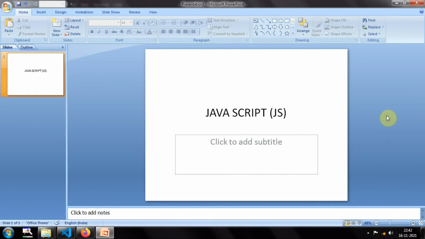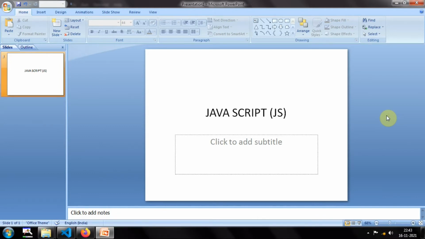So today I'm going to discuss the types of JavaScript, that is, basically how to write internal JavaScript and external JavaScript in VS Code. It will be totally a practical session, guys, so we are not going to discuss theory. Everyone will already know the theory, so we won't go into detail about those things.